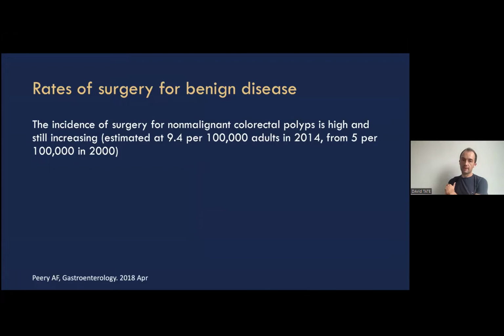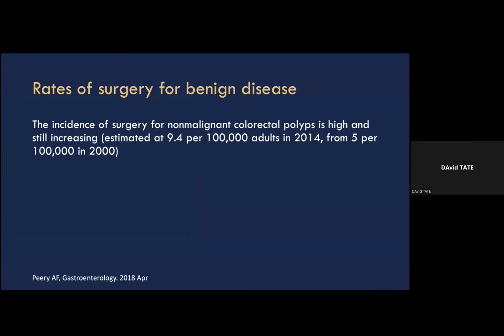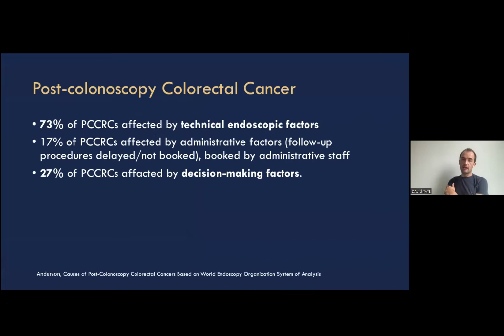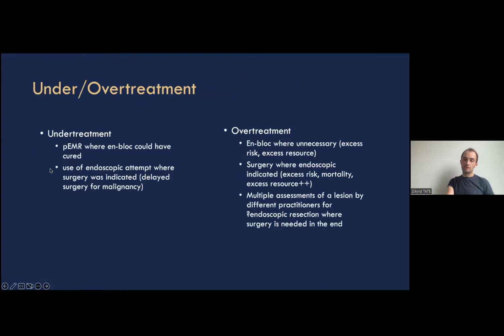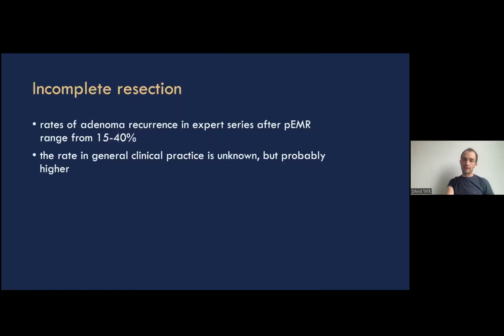We have some evidence, this is one particular example, to suggest that a lot of surgery has been done for benign polyps, and we would argue that that comes down to imaging of polyps. And we might suggest, in this nice article from Roland Valori, that post-colonoscopy colorectal cancer, the thing we must avoid when doing polypectomy and colonoscopy, certainly some of it can be attributed to doing polypectomy badly.